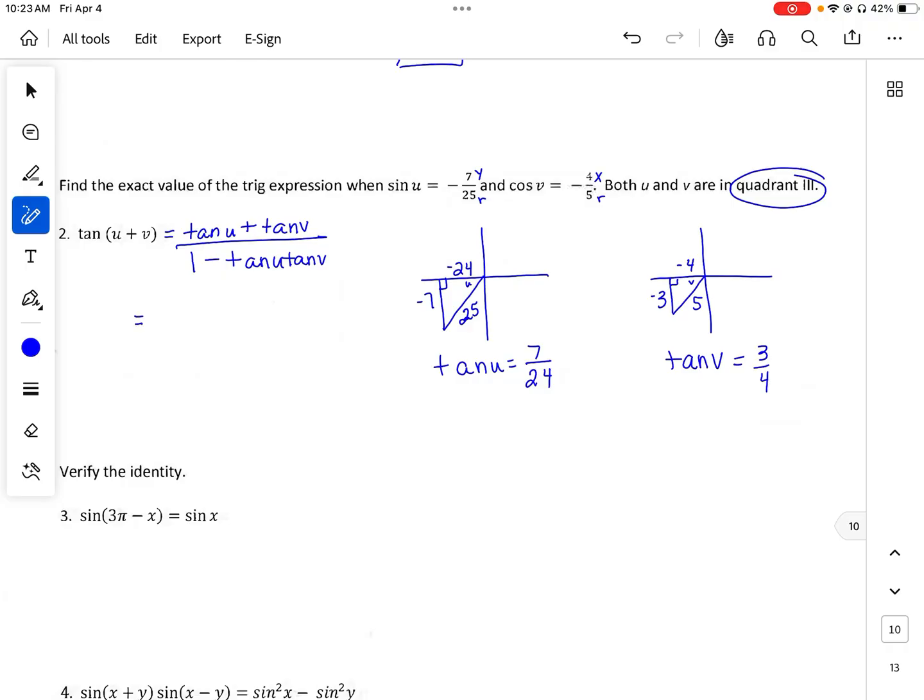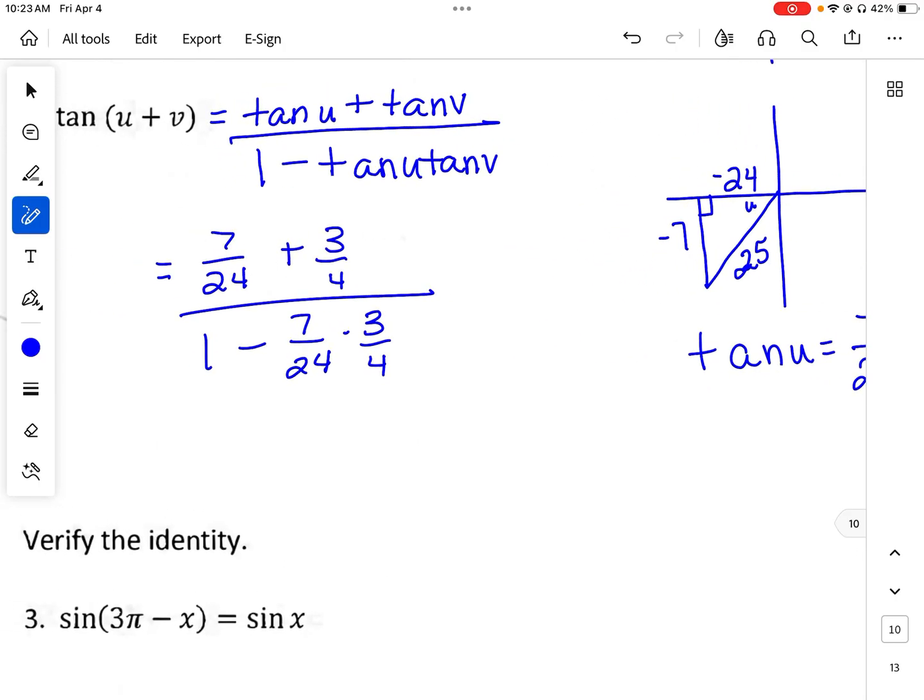All right, so I have that. Now I'm just going to plug in. So this equals 7 over 24 plus 3 over 4, over 1 minus 7 over 24 times 3 over 4. Okay, so now it's just a matter of dealing with all these fractions. So I would need to do a common denominator. So times 6. So it's 7 plus 18,